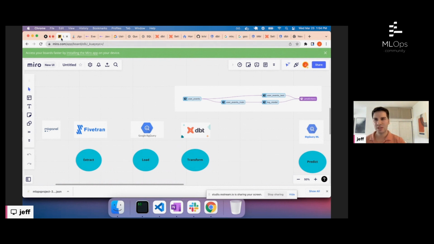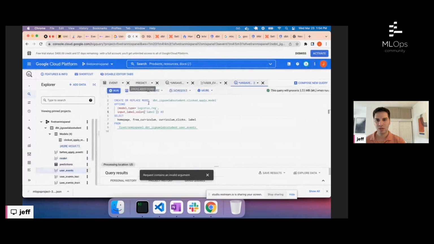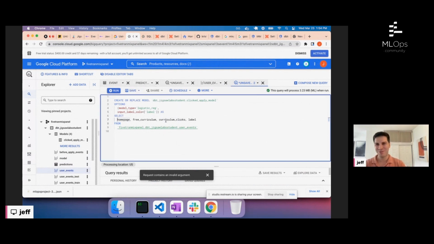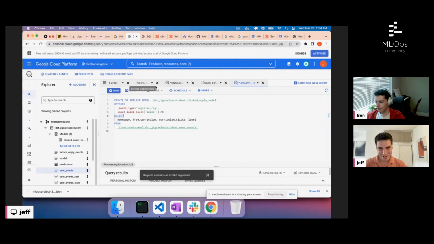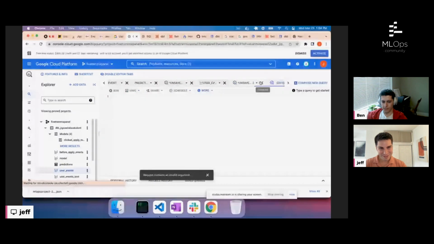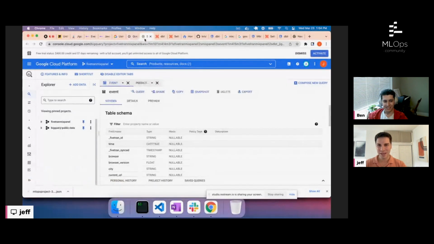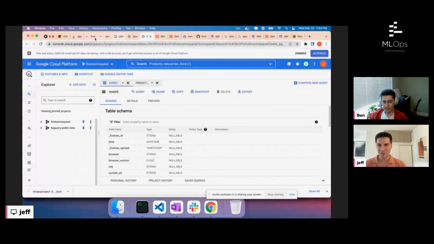Let's see how our model is doing. Oh, it worked. Just sorry for the suspense. This model is not going to be very good. It's only like three features, and we spent very little time thinking about it. Sorry to disappoint. But the next thing that we can do is I just want to show you how you can